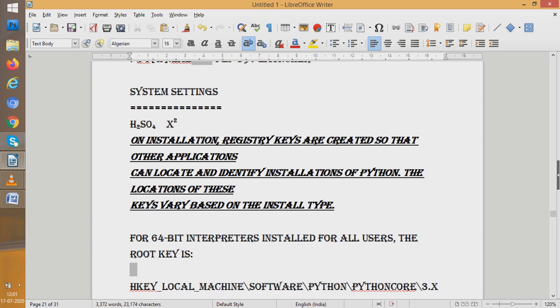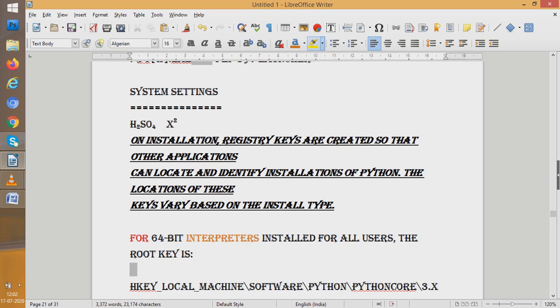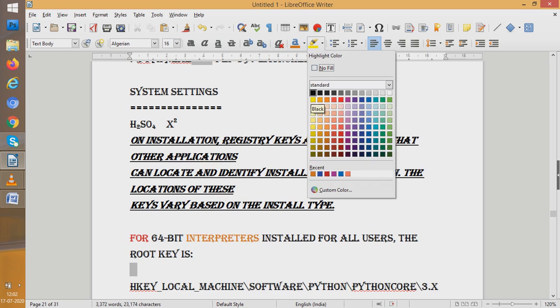Now similarly, if you take a paragraph, you can go and change the things for the paragraph. And before going to paragraph, we should also understand that we can change the color also. See, color is changing wherever I am selecting this word, interpreters, color is changing. You can change the font color. Any color you want, you can give those colors. This is the highlighter. You can give highlighting. See, if you give highlighting, what will happen? That part would be highlighted.